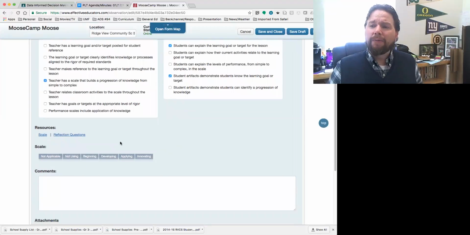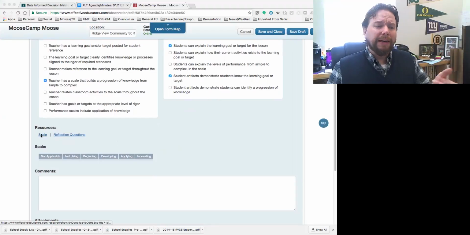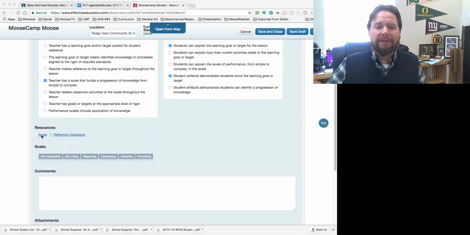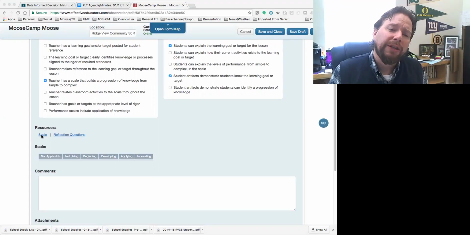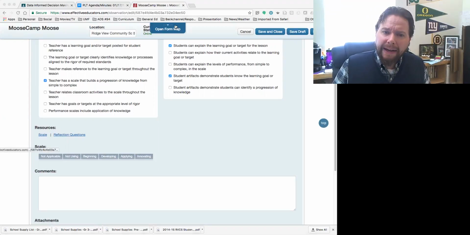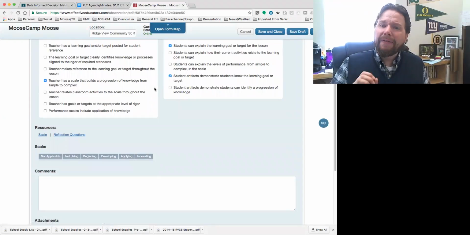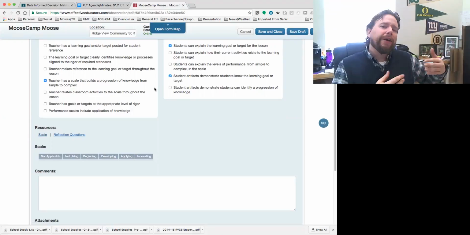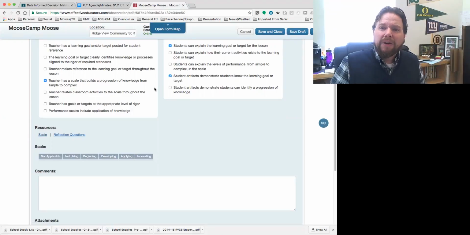Now, when I'm getting ready to do a final rating, before I do that, I'm going to look at here and click that link where it says scale, because the scale is going to show me what the different levels of innovating, applying, developing, beginning, and not using actually mean. And I would read through these to determine about where he or she would be meeting, from the evidence that I've seen, from what I've observed. Another crucial point, from what I've observed, not from what I've seen this person do in the past or from me talking to this friend of mine for years, but for what I'm seeing in the moments that I'm there